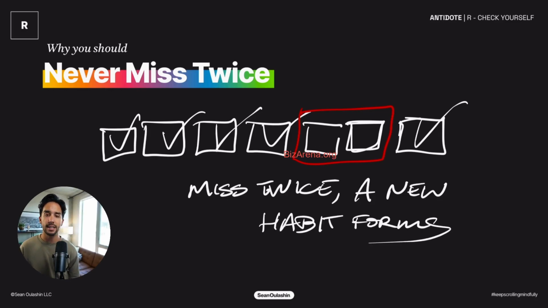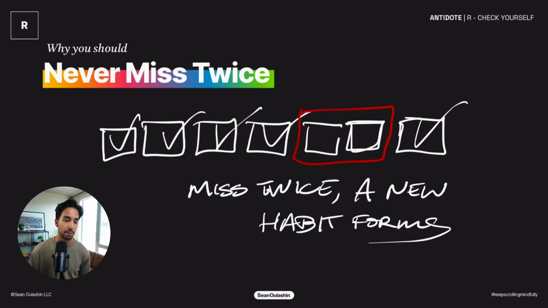This is something crazy to keep in mind because it's such a visceral reminder of how aware you need to be of missing. I take breaks all the time. I have since a few weeks ago taken a break from posting every day on Instagram. And that is a mindful choice that I've made. I've posted every single day for multiple years in my life now, and it's just time to not do that. But if you're missing twice on a habit that you're actively trying to build, all of a sudden it is a pattern that needs to be stopped because it will continue.